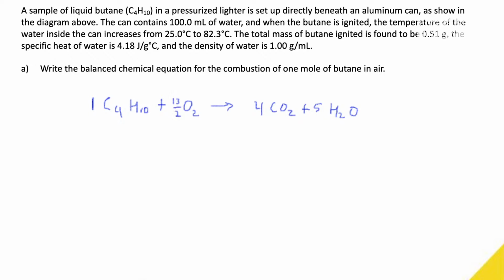Typically, I don't like writing a reaction like this, so I will multiply everything by 2 to get 2C4H10 plus 13O2 to give me 8 CO2 plus 10 H2O. Okay, so this is actually the proper balanced equation that they need,